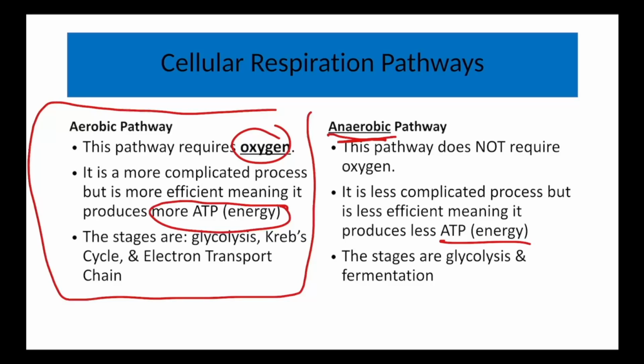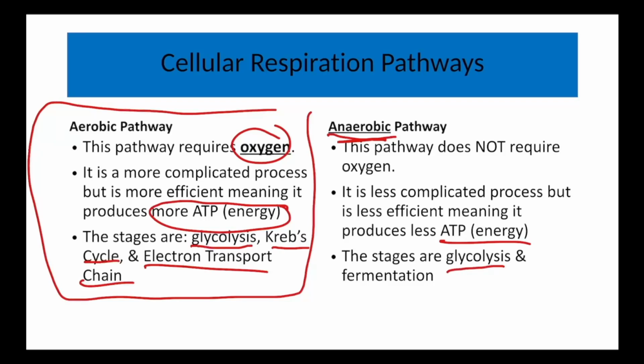So we do need some kind of pathway for cells in our body that are deprived of oxygen, who need some emergency ATP to get by. But it's not optimal, it's less efficient, it doesn't make much ATP. The phases for aerobic respiration we'll look at will be glycolysis, the Krebs cycle, and the electron transport chain. And if we're talking about an anaerobic pathway,